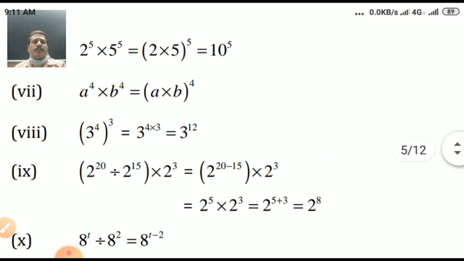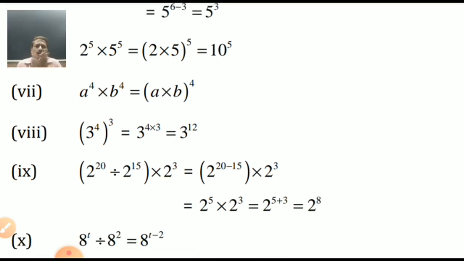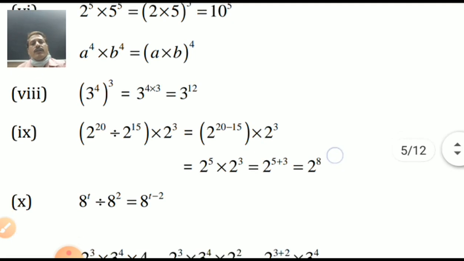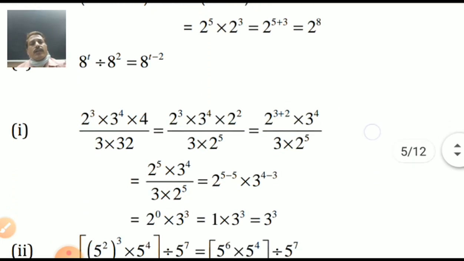Yes, my dear student, here new things are there, multiplied and divided together. Don't worry. First, we can do it step by step. Mathematics is a subject where you should go point wise, step by step. Don't jump directly. Yes, we can do one action at a time. So first we select the divisions. Yes, remember BODMAS? Yes, 20 minus 15 gives me 5. Now 2 raised to 5 and 2 raised to 3. Both the bases are common. 2 raised to 5 plus 3 is equal to 2 raised to 8. Over? Yes, very good students. So here t minus 2, correct?